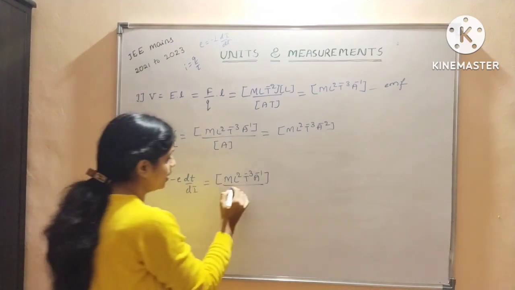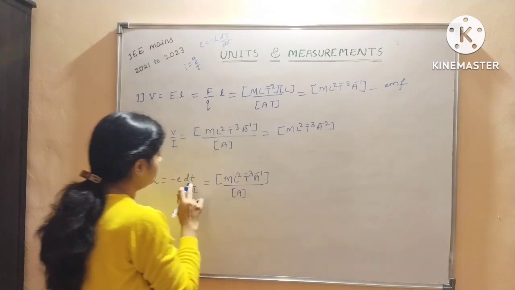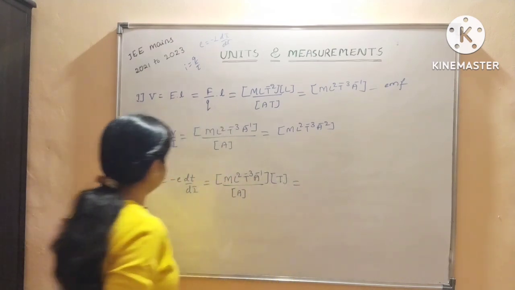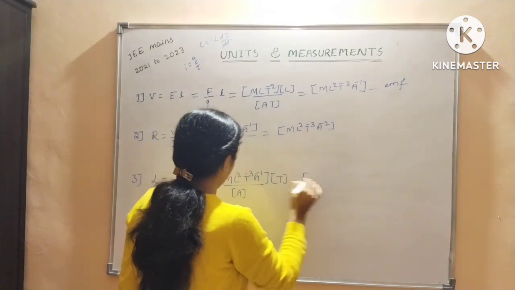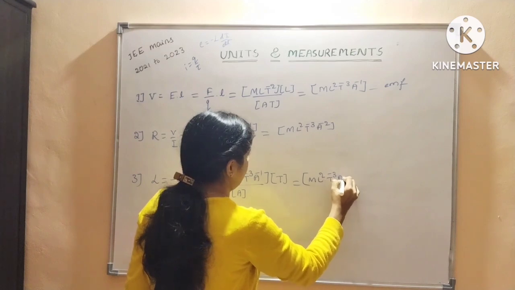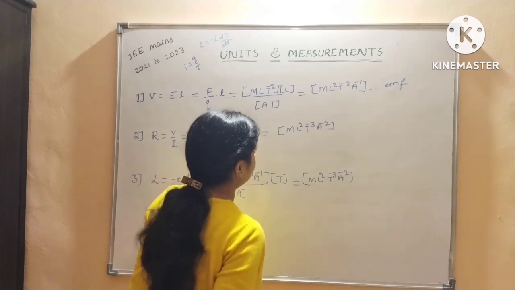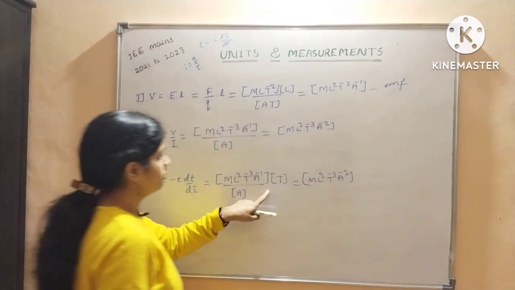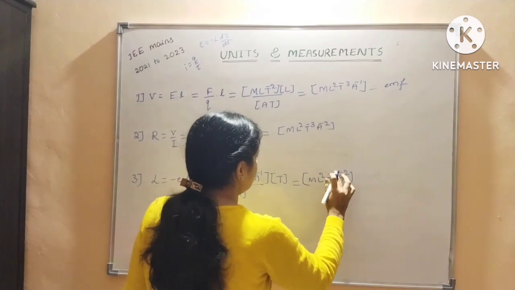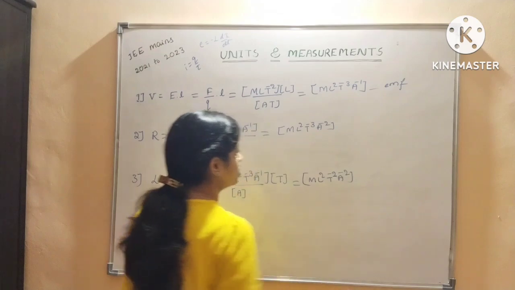The dimension of current is ampere and dt is there, therefore dimension is time. Therefore ML square T power minus 3 A power minus 2, here T is there, so T power minus 3 T power minus 2 is the dimension of